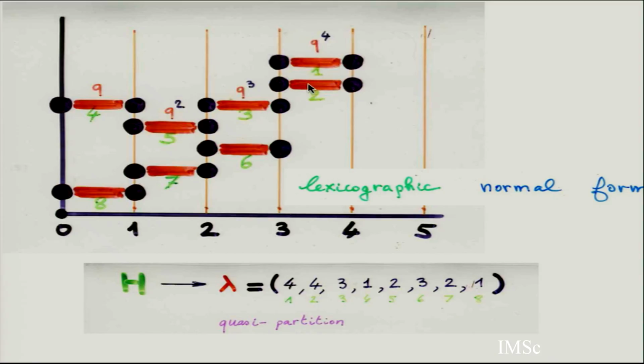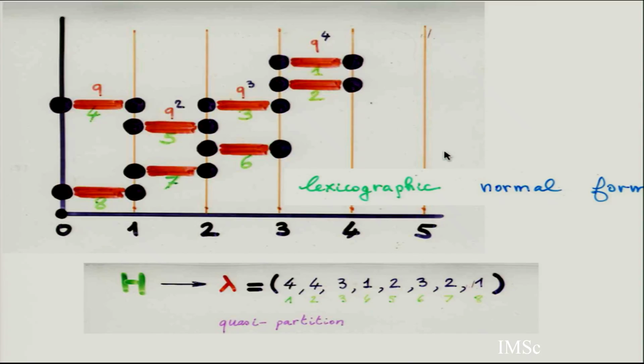So you have a total order of the diamonds. And if you look at the indices of the weight, here I am at column 3 to 4. So here I have 4, 3, 2, 1. So I have 4, 4, 3, 1, 2. I have a quasi-partition. See, when you delete one of the diamonds, the next maximal piece may be on the left, but the worst which can happen is when I increase by 1. So if you delete this maximal piece, you see the new maximal piece is shifted to the right by at most 1. Because if it was shifted by more than 1, then you should have taken the rightmost. So it's easy to see that you get a quasi-partition and that this is a bijection. This was an exercise.